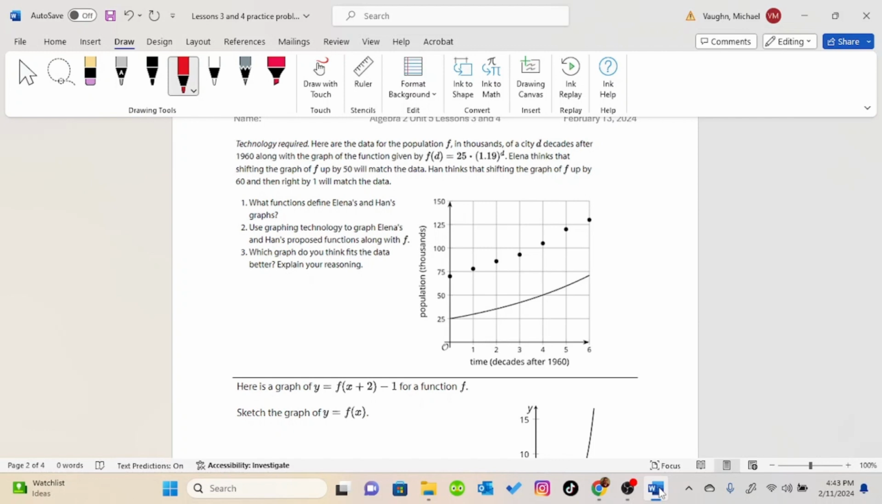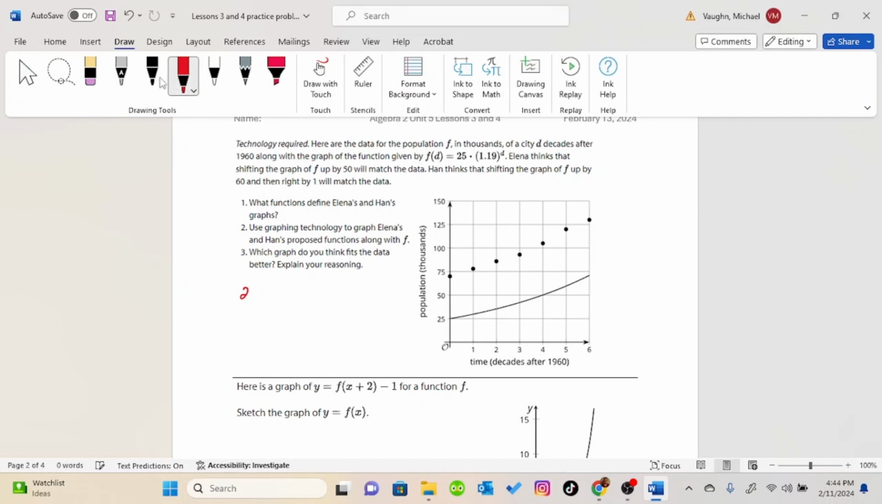Elena thinks that shifting the graph of f up by 50 will match the data. Han thinks that shifting the graph of f up by 60 and then right by 1 will match the data. What functions define Elena's and Han's graphs? So first off, Elena wants to shift up by 50. So Elena's would be